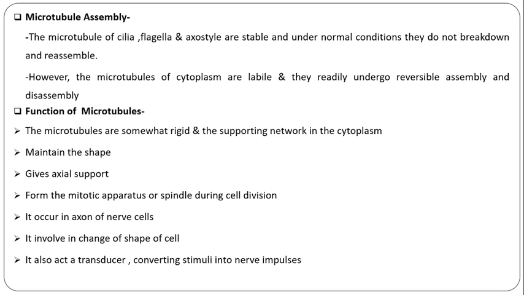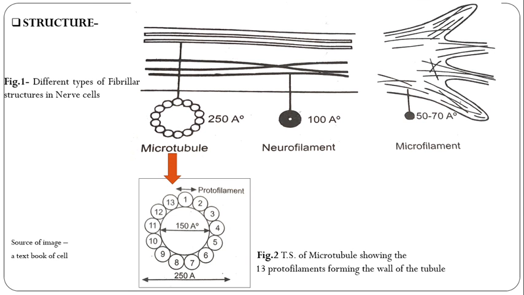So in cells there are a variety of different types of fibrillar or filamentous structures which are seen only under the electron microscope. The filaments are of two types, namely microfilaments and the larger neurofilaments found in the axon of nerve cells. That completes microtubules. So once again, a revision.